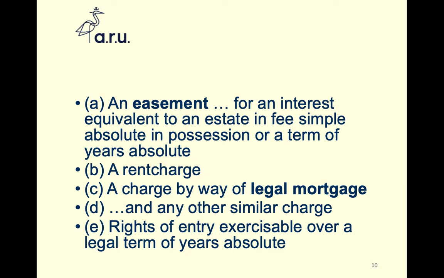A rent charge, which you're never going to have to look at. A legal mortgage, which we'll definitely have to look at. A second mortgage, which may come up, and landlord's right of entry over a term of years absolute. So landlord's right of entry over a tenancy. In every scenario where you see a landlord, a freeholder and a leaseholder, you should be thinking about the landlord's right of entry coming into effect as well. Anytime you see a bank, you are definitely going to see a mortgage, at least one mortgage. The top one, easement, would be